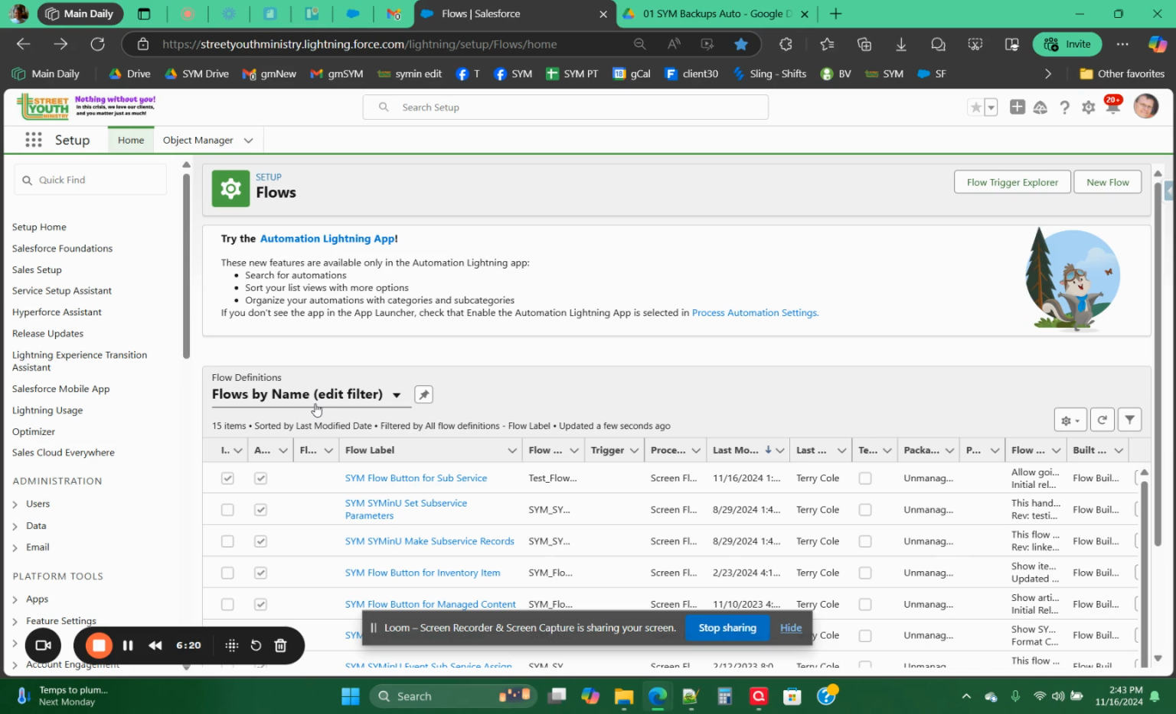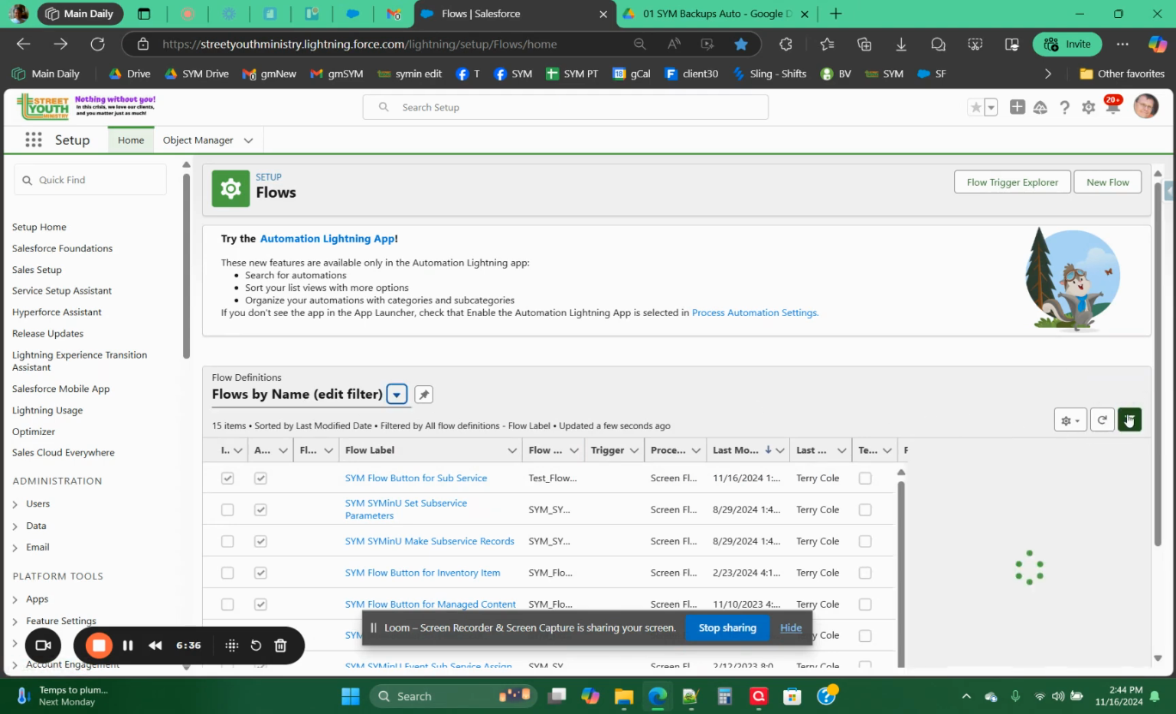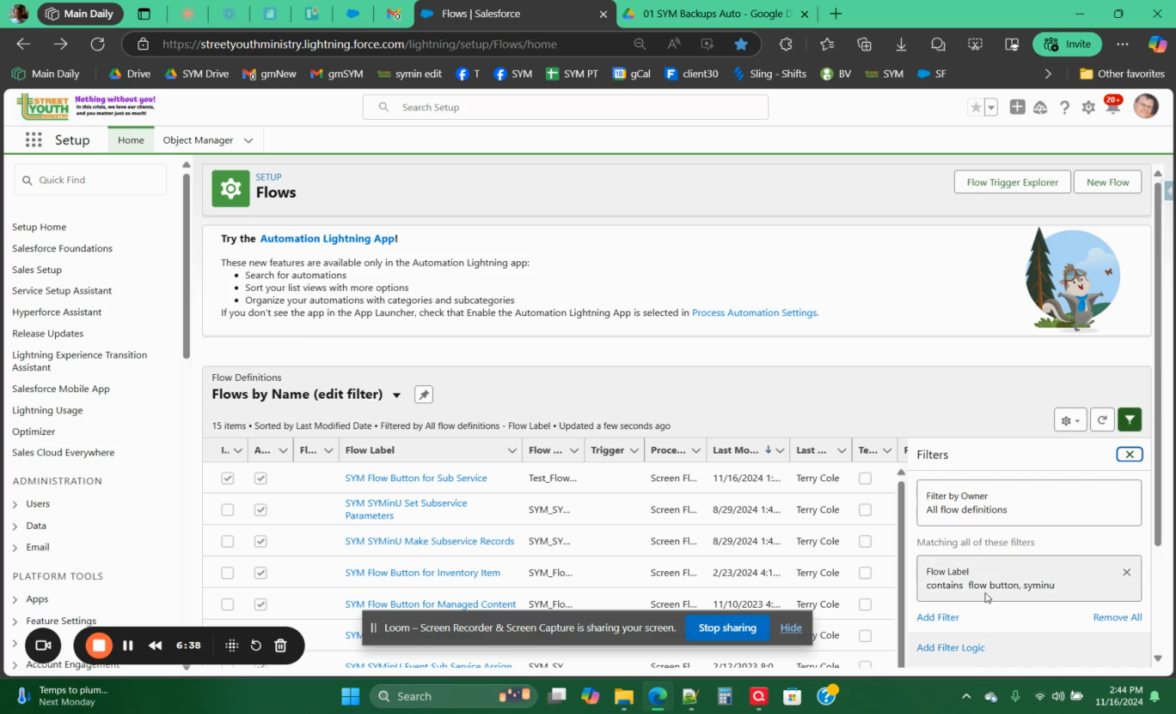Really, you should do this across all your list views. If it's an all, rename it or replace it to say, don't edit filter. And if it's something you want people to quickly go to edit the filter, give them that prompt in the name of it, edit filter, make it visible to everybody, and then they know to hit the funnel and change the filter. And we always use flow label contains,